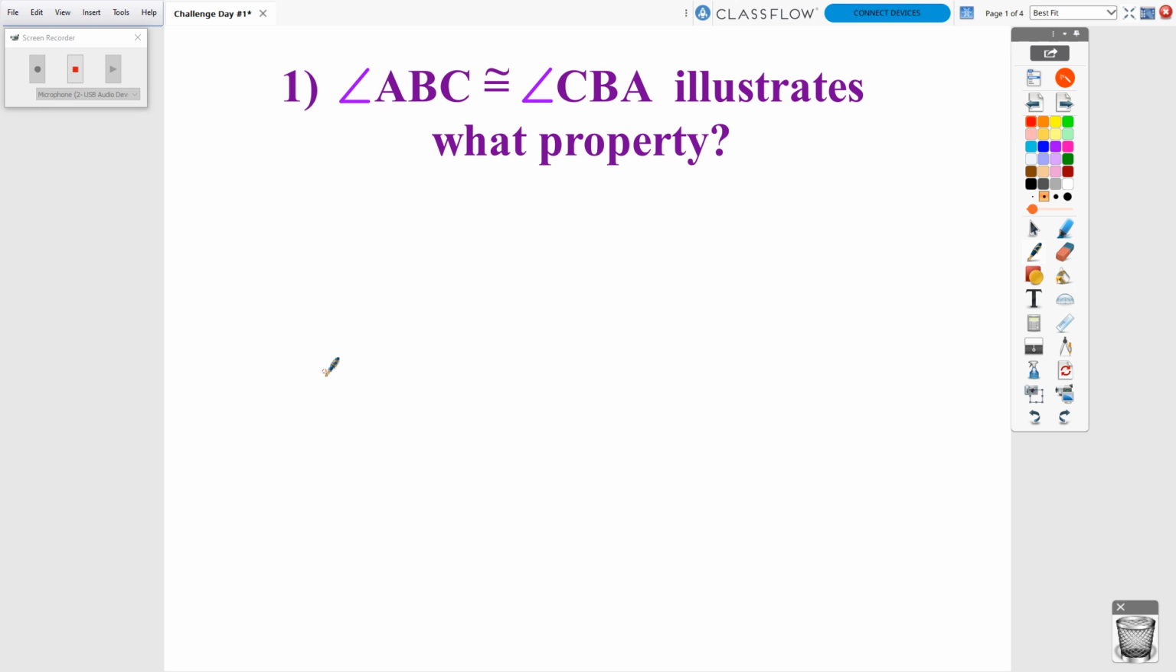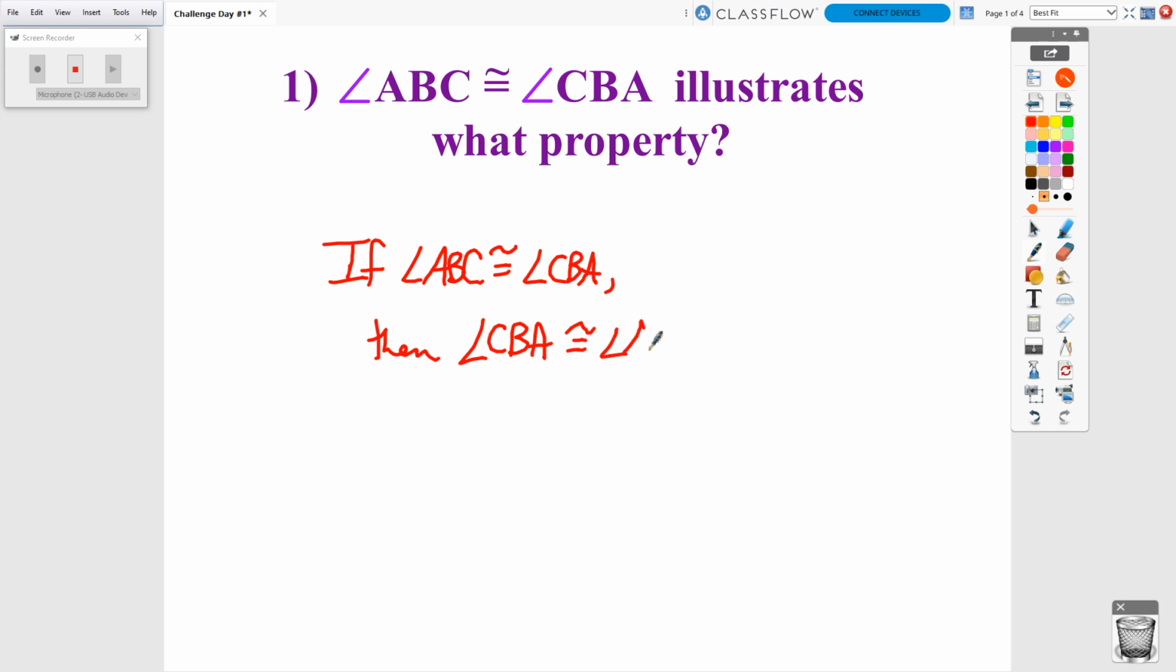And the reason why this is not the symmetric property is really things are flipped around with the symmetric property. For the symmetric property, it would have to be something like this. If angle ABC is congruent to angle CBA, then angle CBA is congruent to angle ABC. That's what the symmetric property would look like. And so I tried to trick you and make this truly a challenging problem by rearranging the letters of the